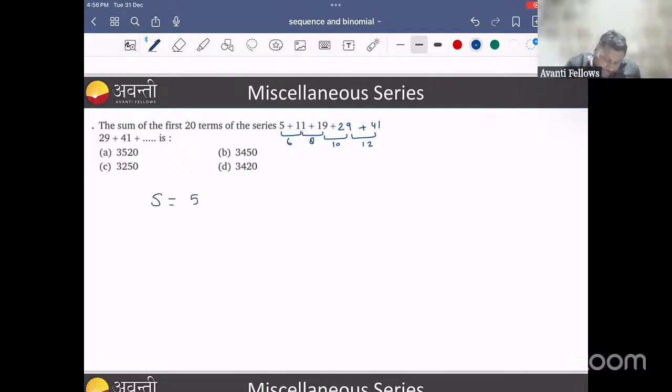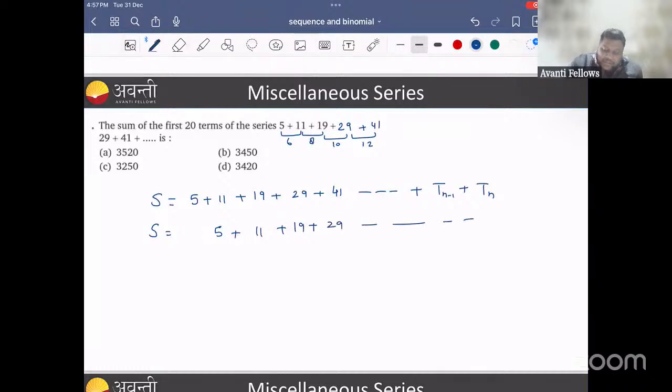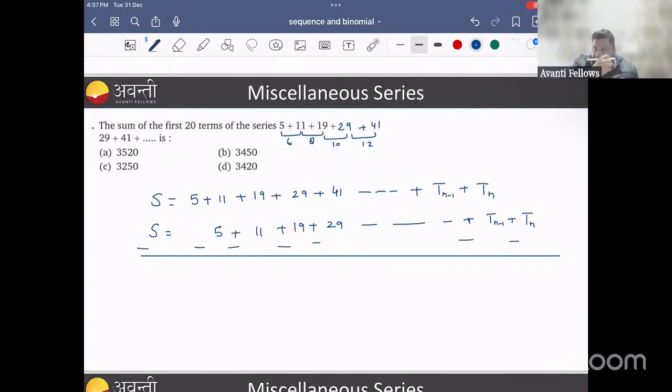So the series is 5 plus 11 plus 19 plus 29 plus 41 and so on. Let the n minus 1 term be there and then the n term. Now write this same series once again by pushing one term: 5 plus 11 plus 19 plus 29, then Tn minus 1 will come here and Tn will come here. Agreed? Now subtract both of these series. Minus, minus, minus, minus, minus. So this is cancelled here. It comes 0. It will be 5 plus